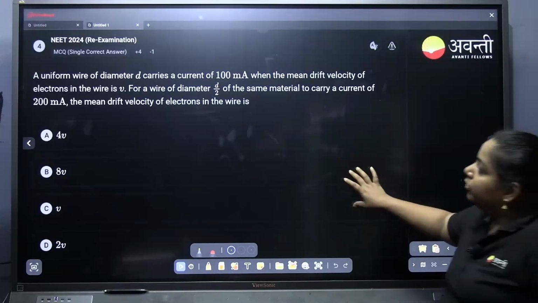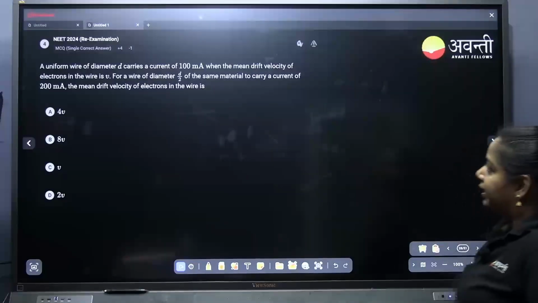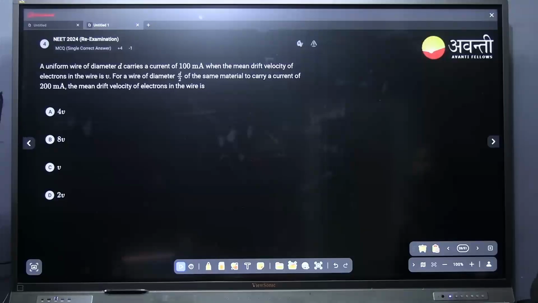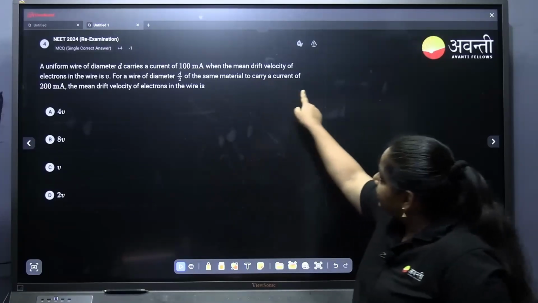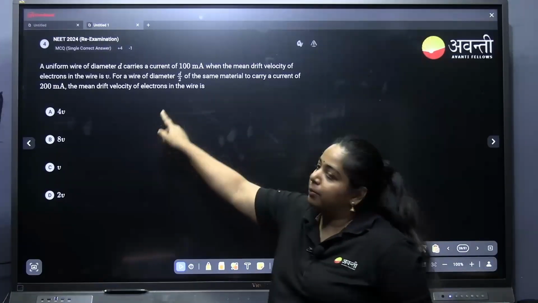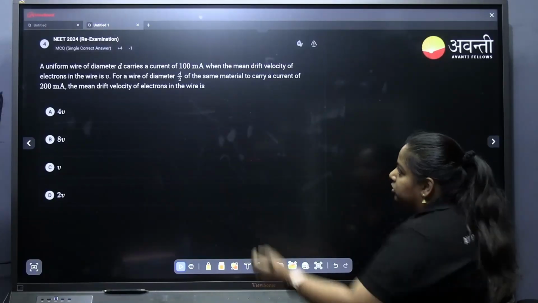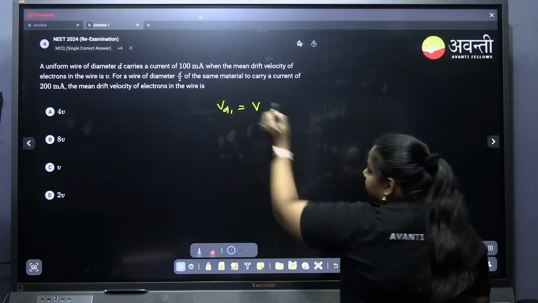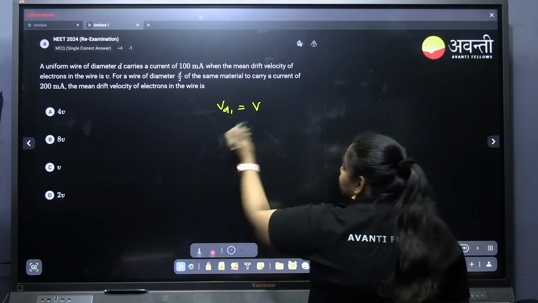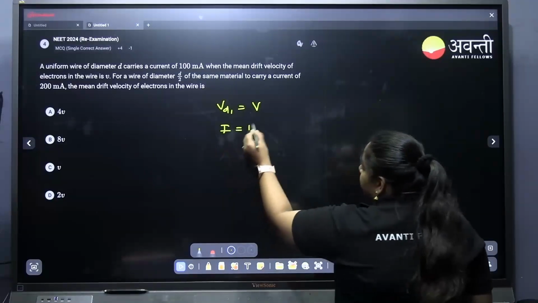Next is a uniform wire of diameter d carries a current of 100 milliampere when the mean drift velocity of electrons in the wire is V. A wire of diameter d by 2 of the same material carries a current of 200 milliampere. Find the drift velocity of the second one. So drift velocity of the first one equal to V. Okay, what is the relation between drift velocity and current? I equal to